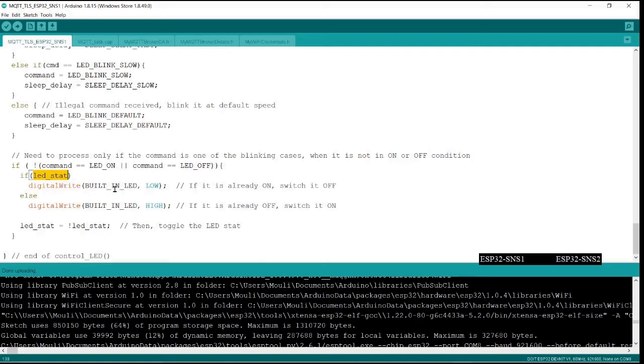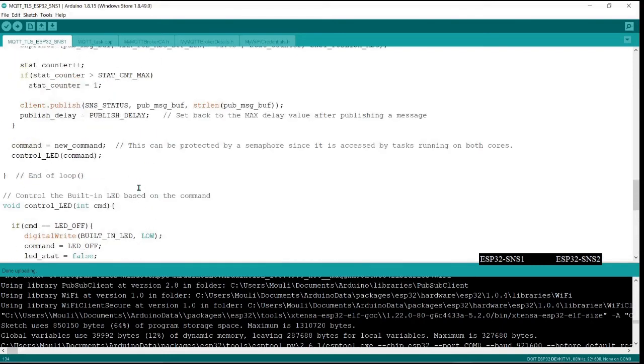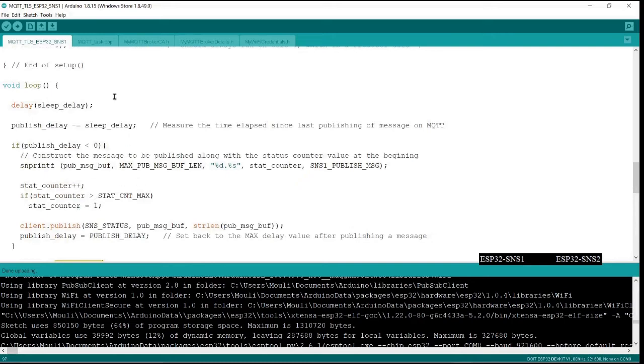So I use LED state, a local variable, and then I alternate it for as much delay as I want. So if it is in fast blink, it will continue to blink fast, and at that rate it will be changing the LED control. So this is the main task, which is controlling the LED and reading the command from the other task and then performing the job. I hope this is clear.